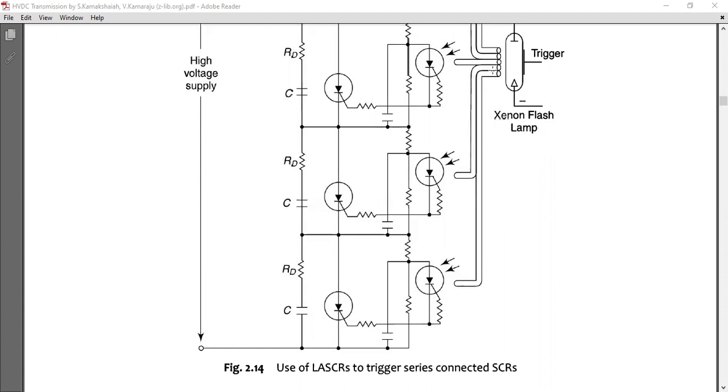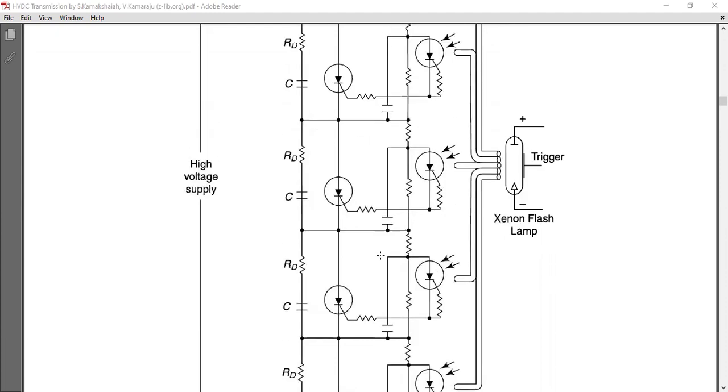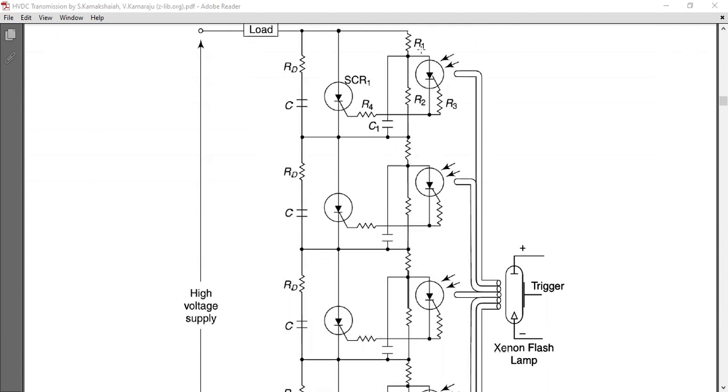When the transmission is simultaneous and a single light source is used, here a single light source is used to turn on all the thyristors, and a series combination of resistances R1, R2, R3 and so on are made equal to the required shunt resistance RS. Actually R2 is smaller than R1, so that a low voltage LASCR can be employed here.